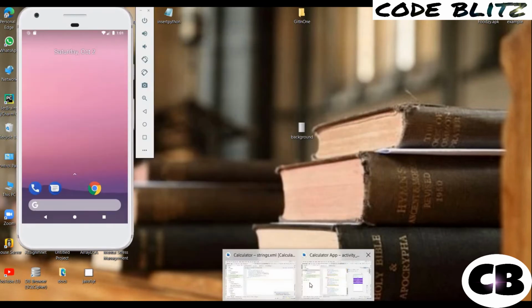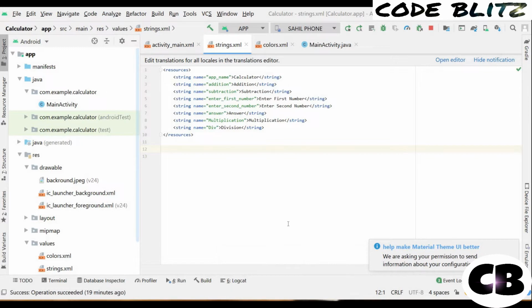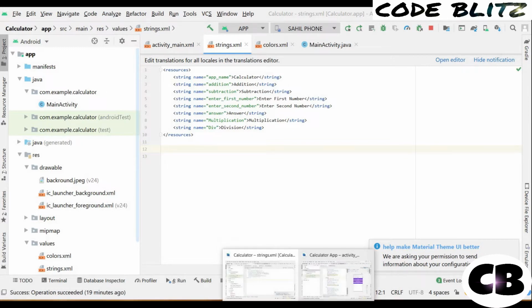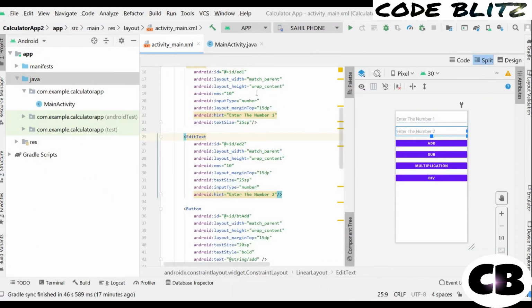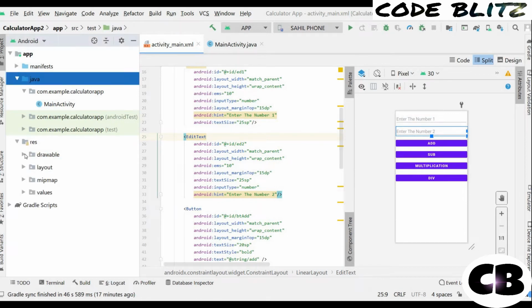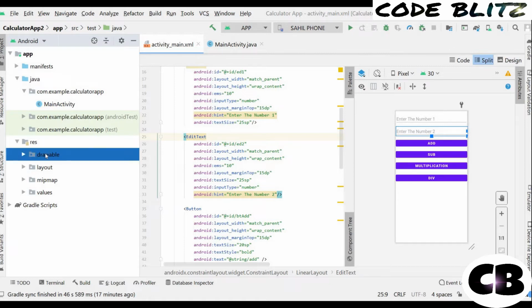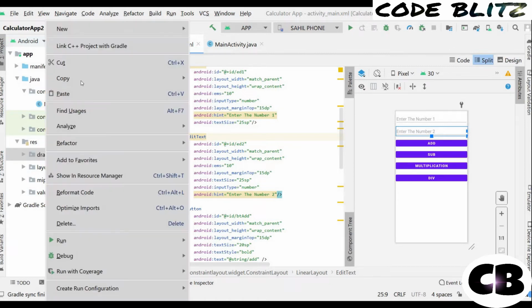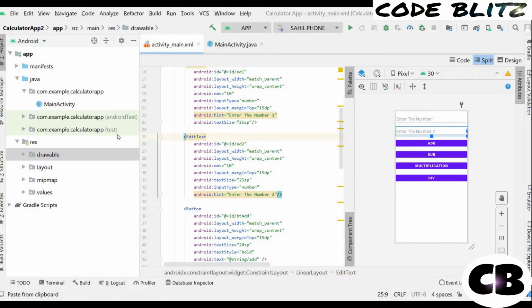Now I will go to my app. I will come here in the resource directory. Then in the resource directory I will right click the drawable directory and paste here. Okay, refactor it.